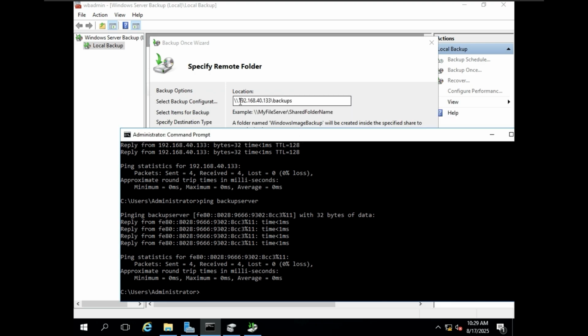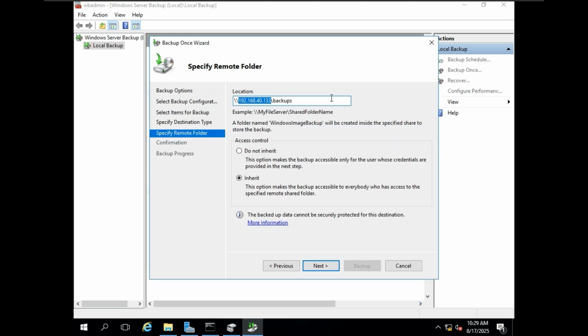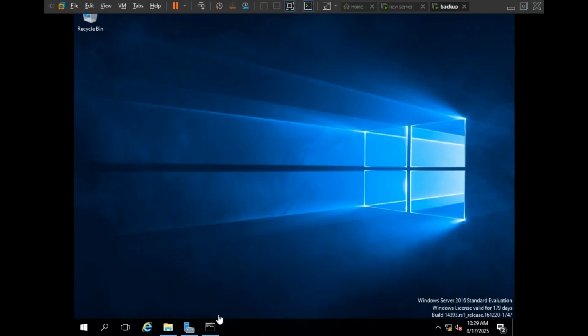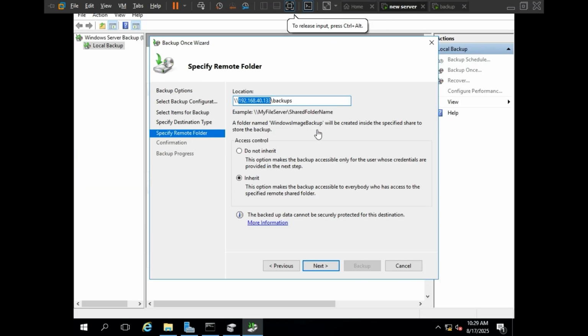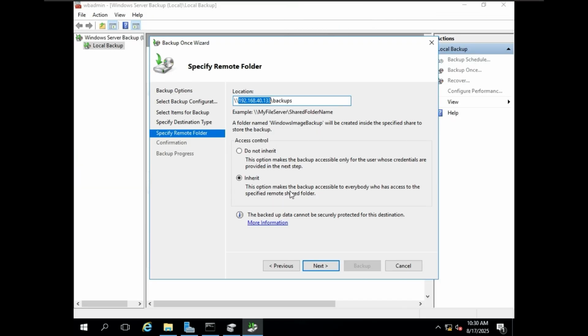here instead of the IP address, you can directly give the host name. Our host name is this. Okay, so we can directly give the host name, we can directly give the IP address. Don't worry. So we will go with inherit only,